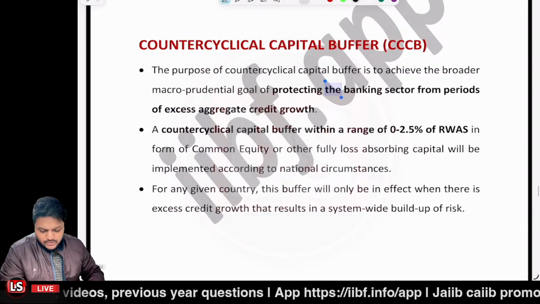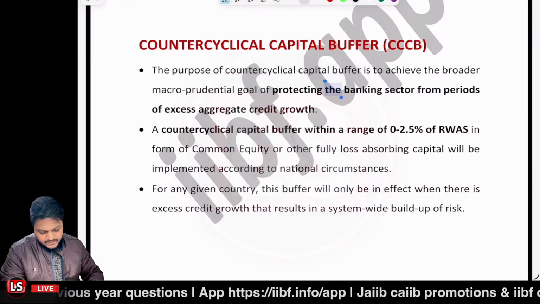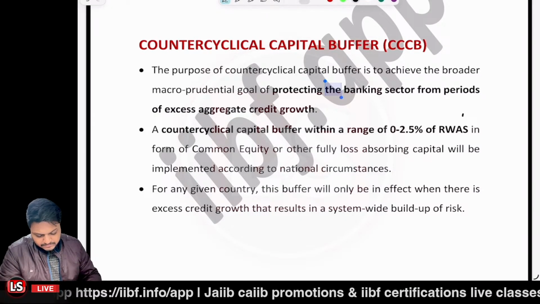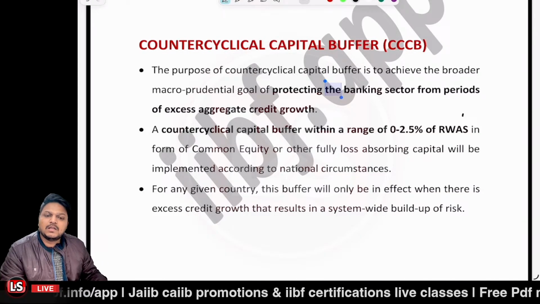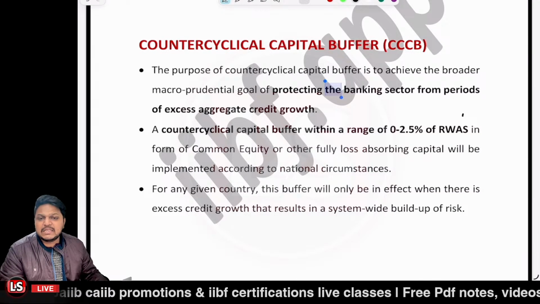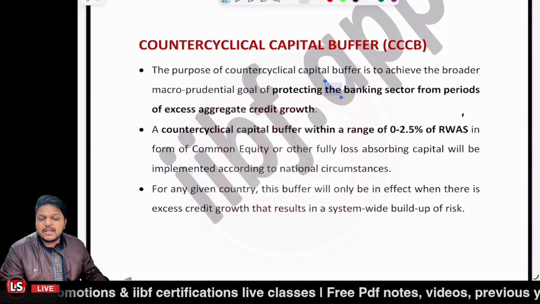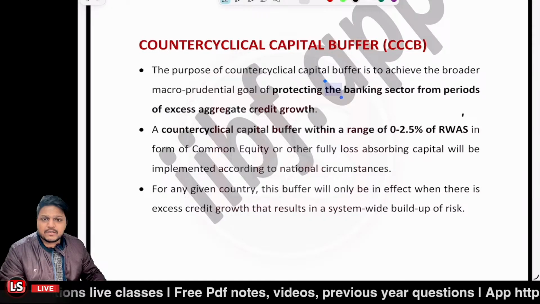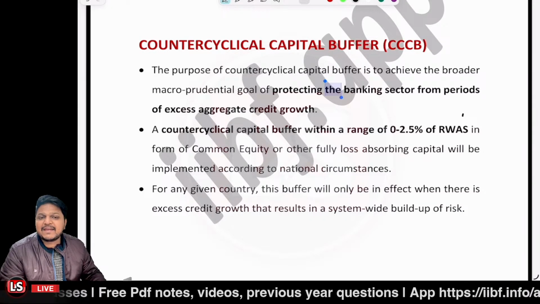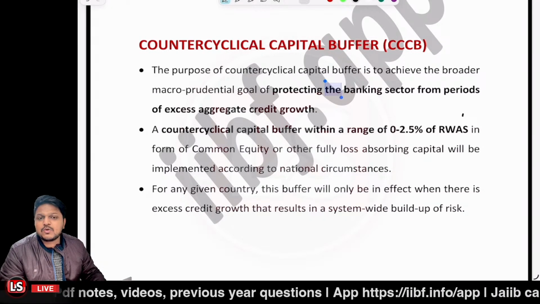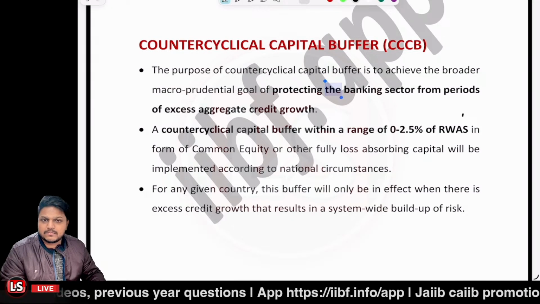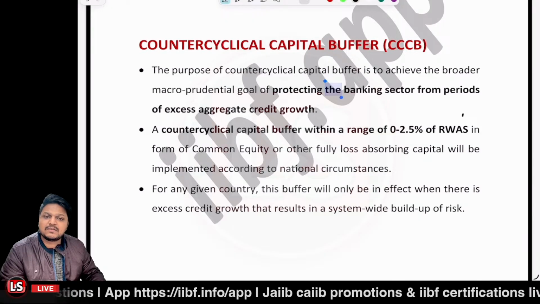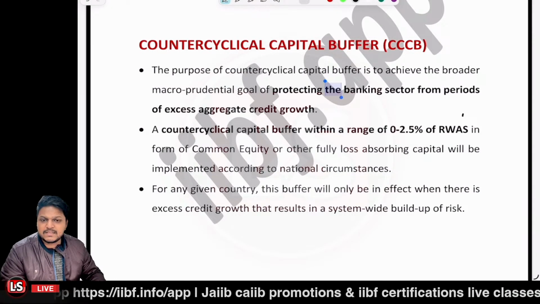Next, it's related to the counter cyclical capital buffer. Now, what is CCCB? That is counter cyclical capital buffer. Now, it's actually a macroprudential goal. It is a macroprudential goal. So, whenever there is excess aggregate credit growth, it's already a risk toward the bank. That is a CCCB. That is a counter cyclical capital buffer,